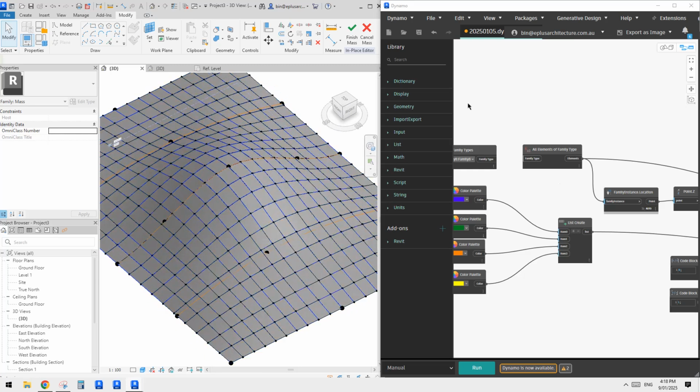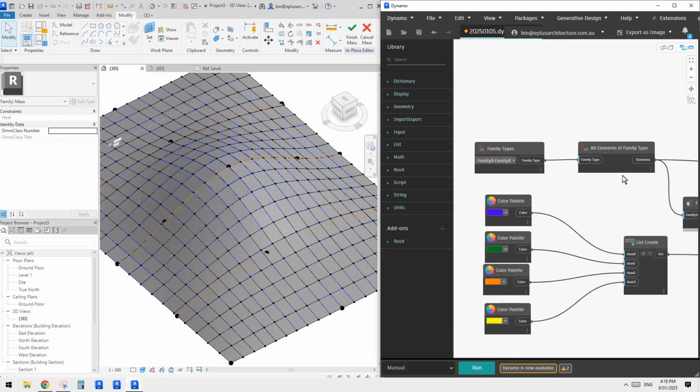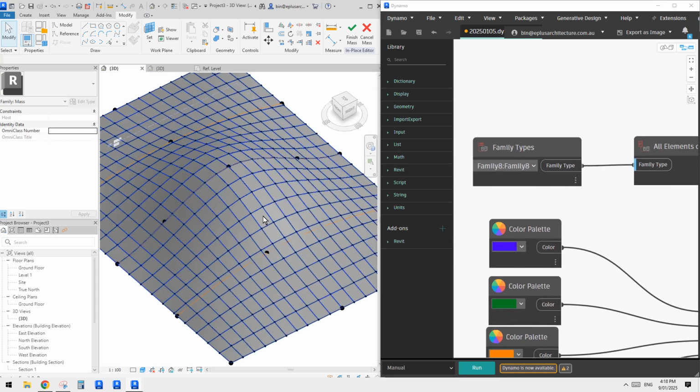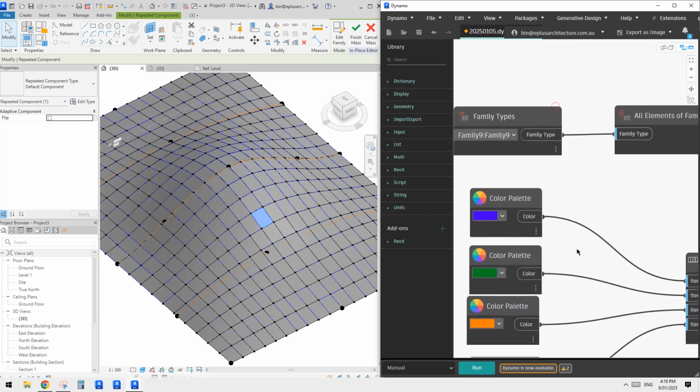So now we go back to the same script. We can use the same script, but we just need to change the family name, because now we have this one. This family is family 9, right? Family 9. So let's change it to family 9. Click on run, and